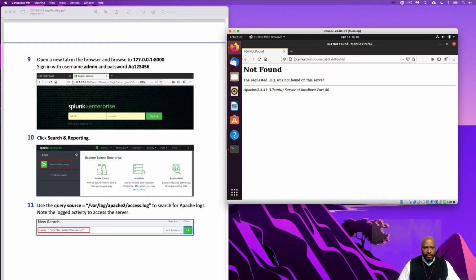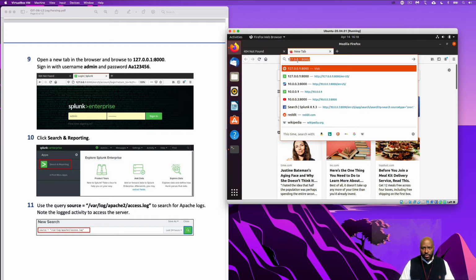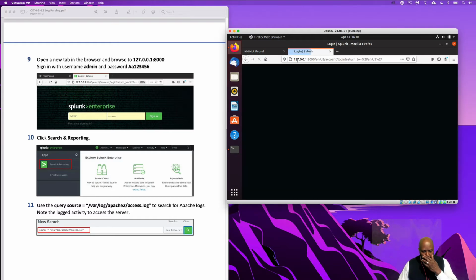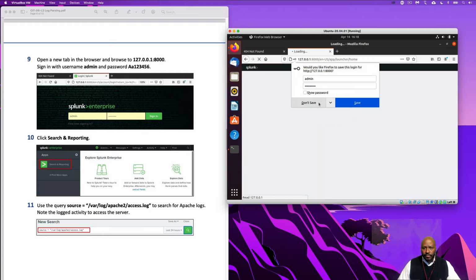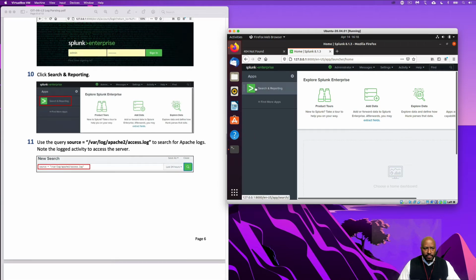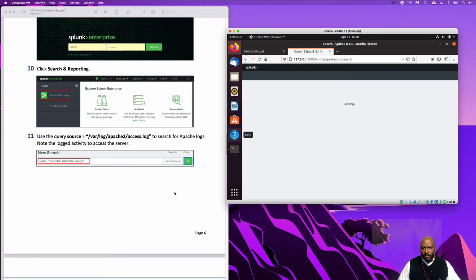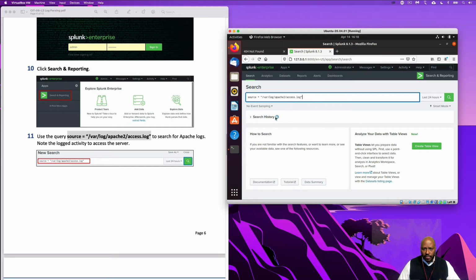Okay, in a new tab, we're going to go into Splunk to take a look at this. So we're going to go into 127.0.0.1, port 8000. This takes us to Splunk. I log in with my admin credentials. Don't save. I want to click on search and reporting in step 10. We've seen this screen before. I'm going to copy and paste the var log string, and the access log is what we're looking for. And I click on the magnifying glass,